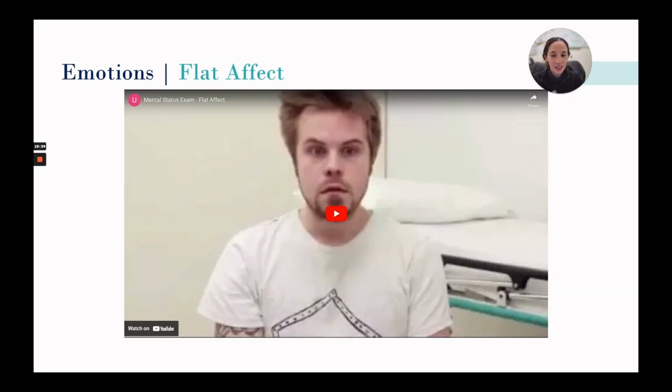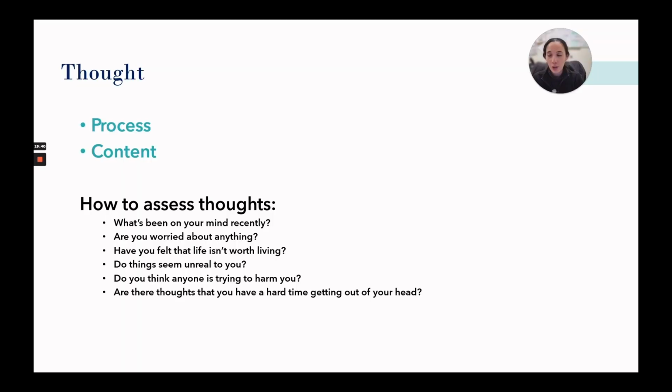And let's see an example of a flat affect. Bill is trying hard. My name's Sam. All right, so now we're going to get into thought, and we have thought process and thought